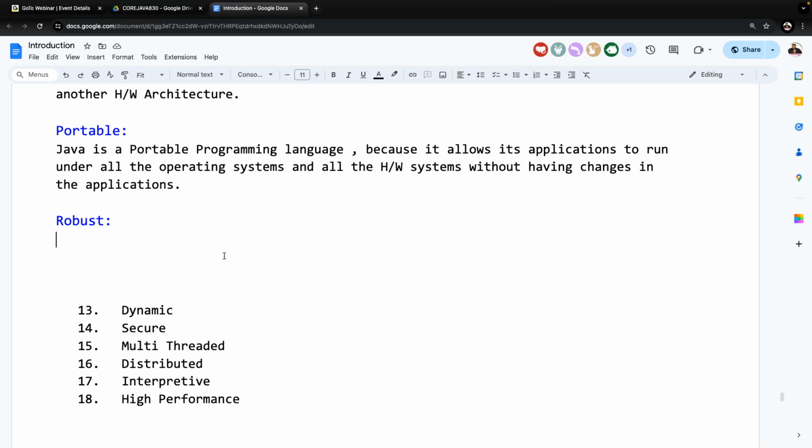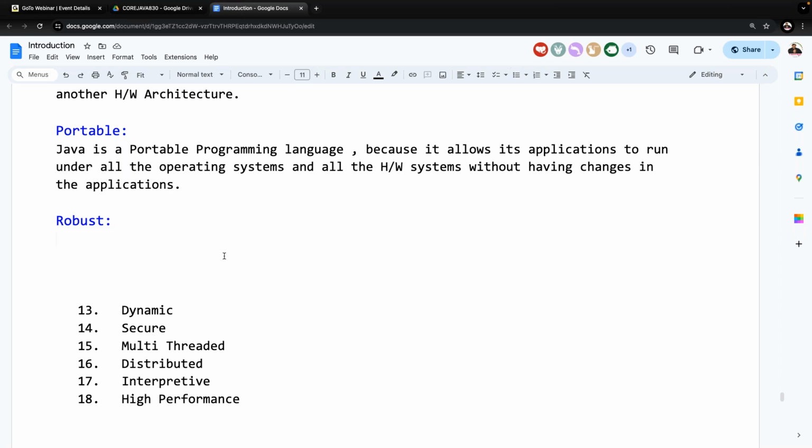All of you get my point or not? Just what I'm telling there: space management, fault tolerance. And if you want to talk in too many technical words, space management and fault tolerance. In these two areas, if any programming language is very good, that programming language is obviously a robust programming language. Let's analyze this.